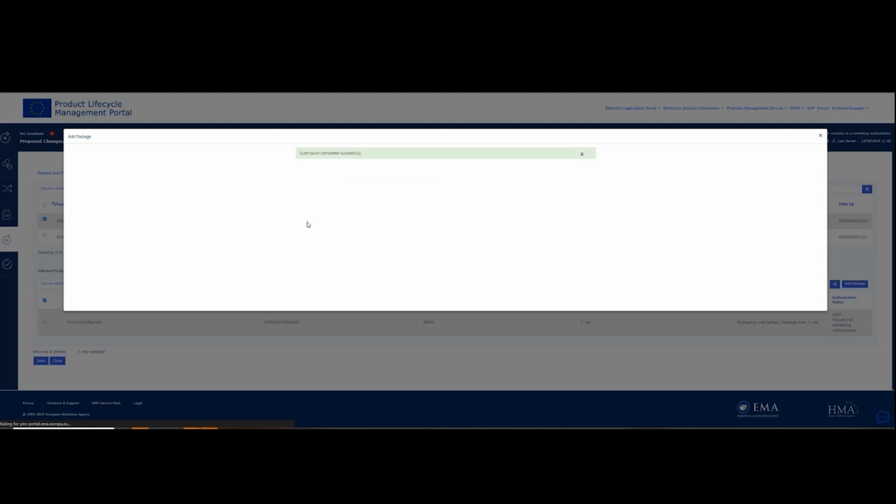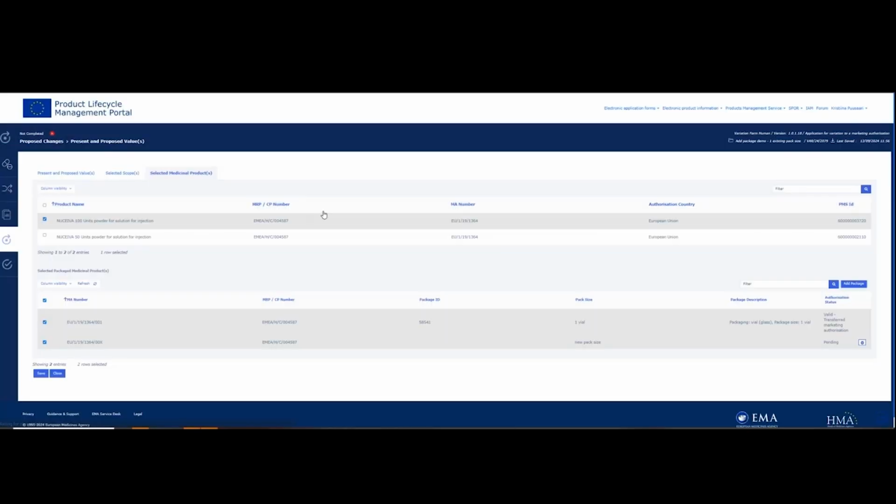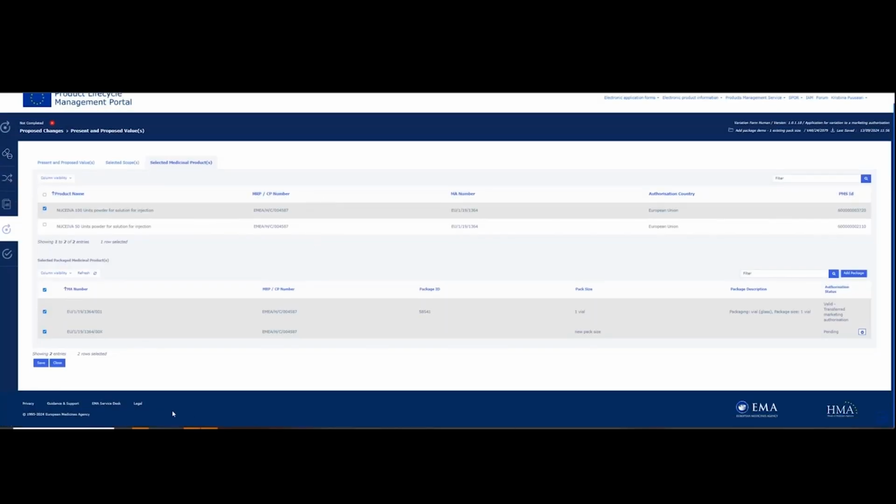Once the system has correctly calculated this package, you will then be able to see the newly added entry here on the list. So in principle, this is not immediately adding this new pack size into